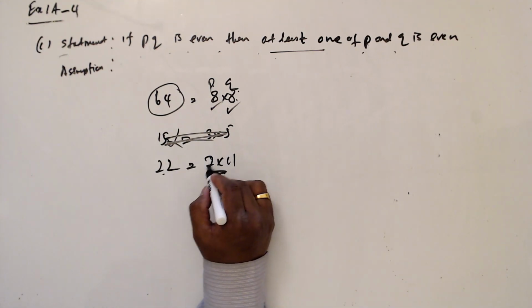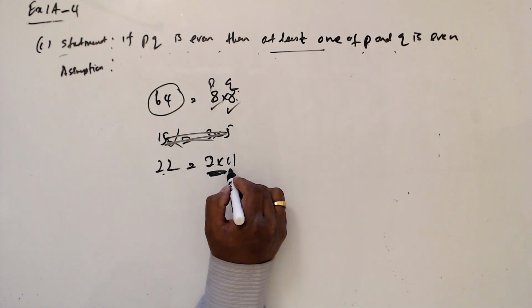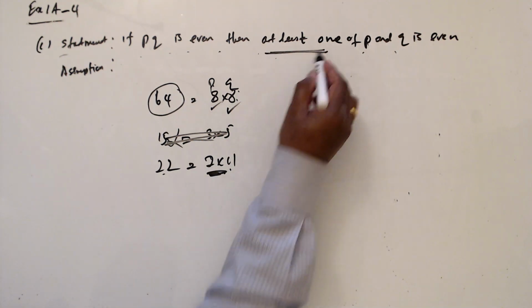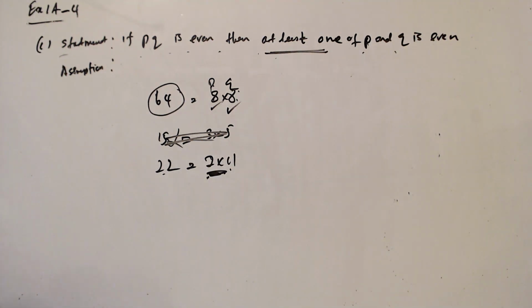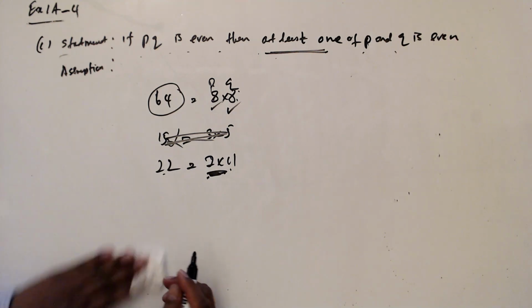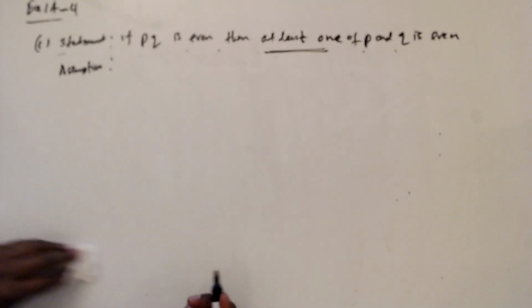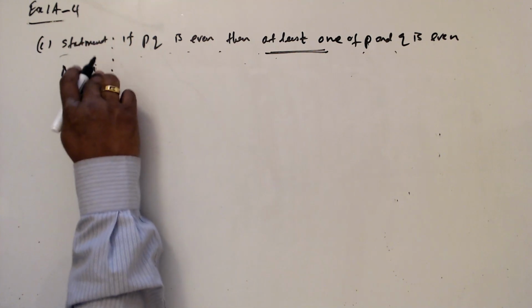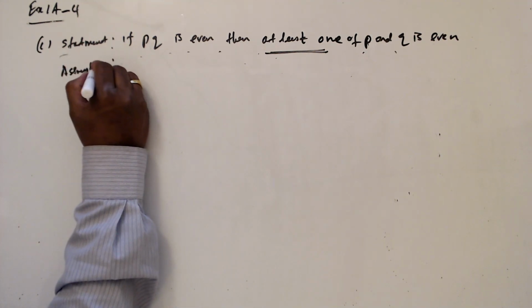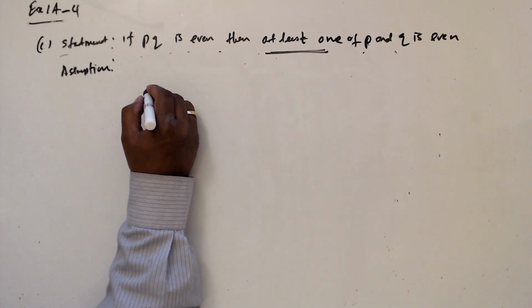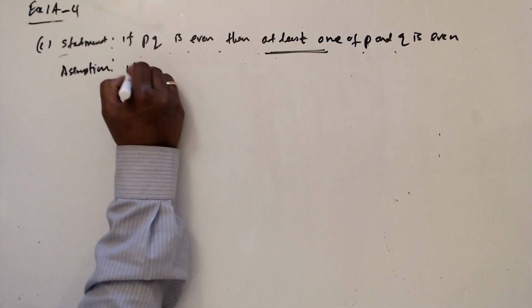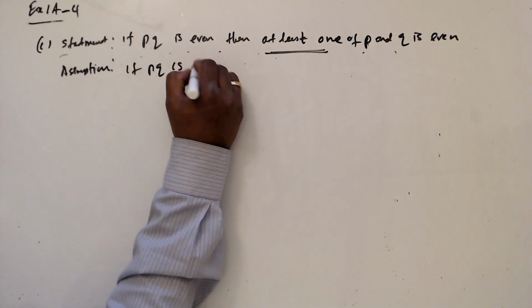Then 2 is even, 11 is odd. But still fine, at least 1 is even. So this is the idea behind it. So we want to show that this is true. So then we are going to write the negation, some assumption. So if PQ is even,